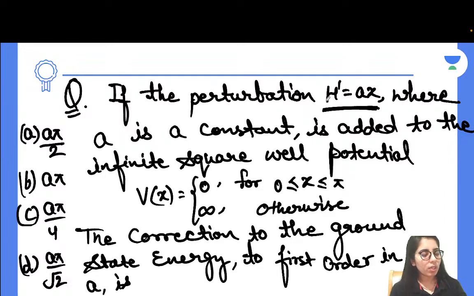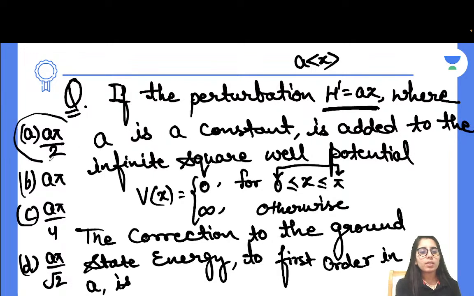So when you have a function given to you, what next do you have to do? You have to find its average value, or the expectation value. When you find its average value, you just have to find the average value for x, because A is already a constant. So A times the expectation value of x. When you do that, what will happen next? So x means 0 plus pi over 2, right? So 0 plus pi over 2 means A pi over 2. This is what you have to do. Now once you consider that, it gives you that option A is the correct one.